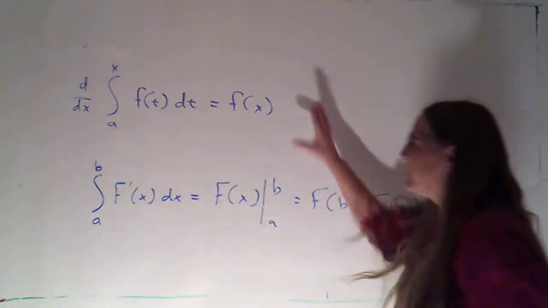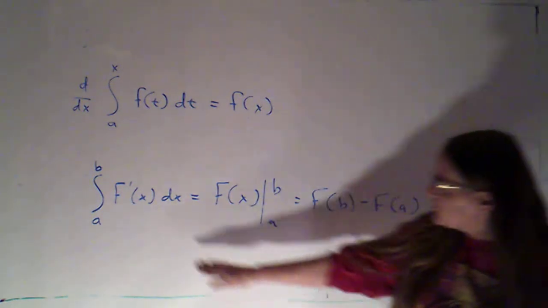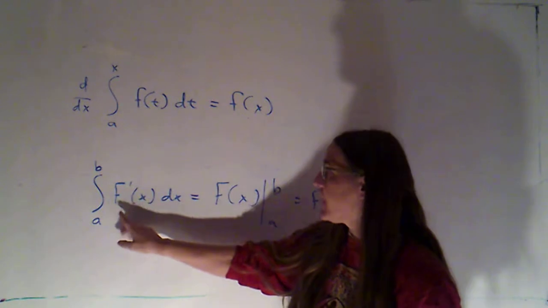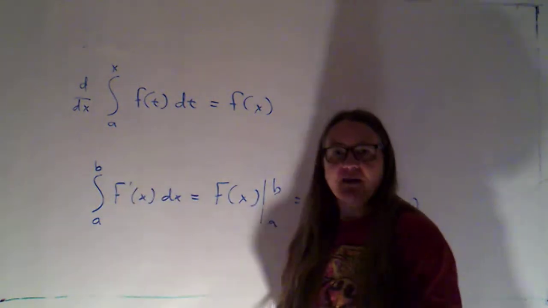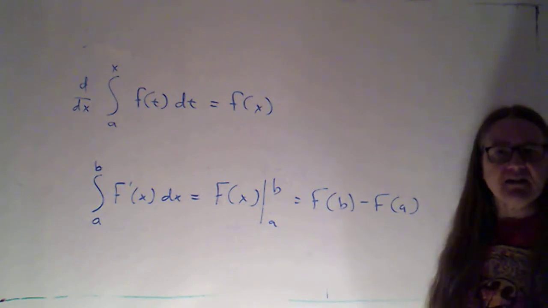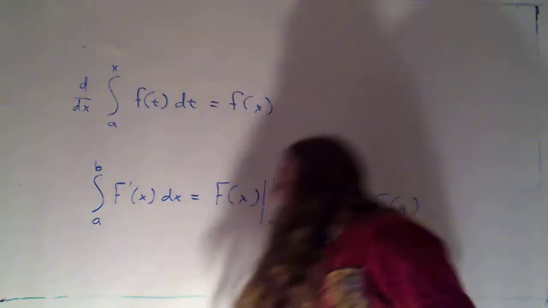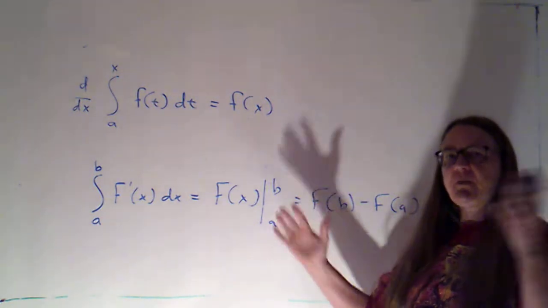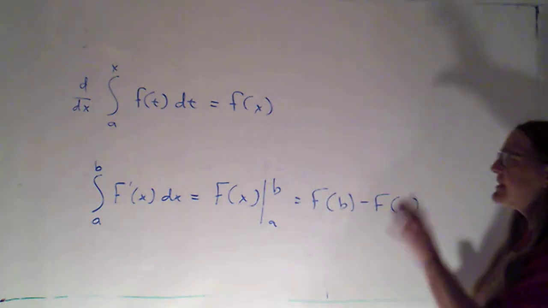Okay, I've got the two parts of the fundamental theorem of calculus written on the board here. I've used the version where I write the integrand as f prime rather than just writing a little f and then saying that big F is an antiderivative. That just makes it a little bit easier, I think, to see the connection between things. Okay, but I want to just take a moment and look at the big picture here,